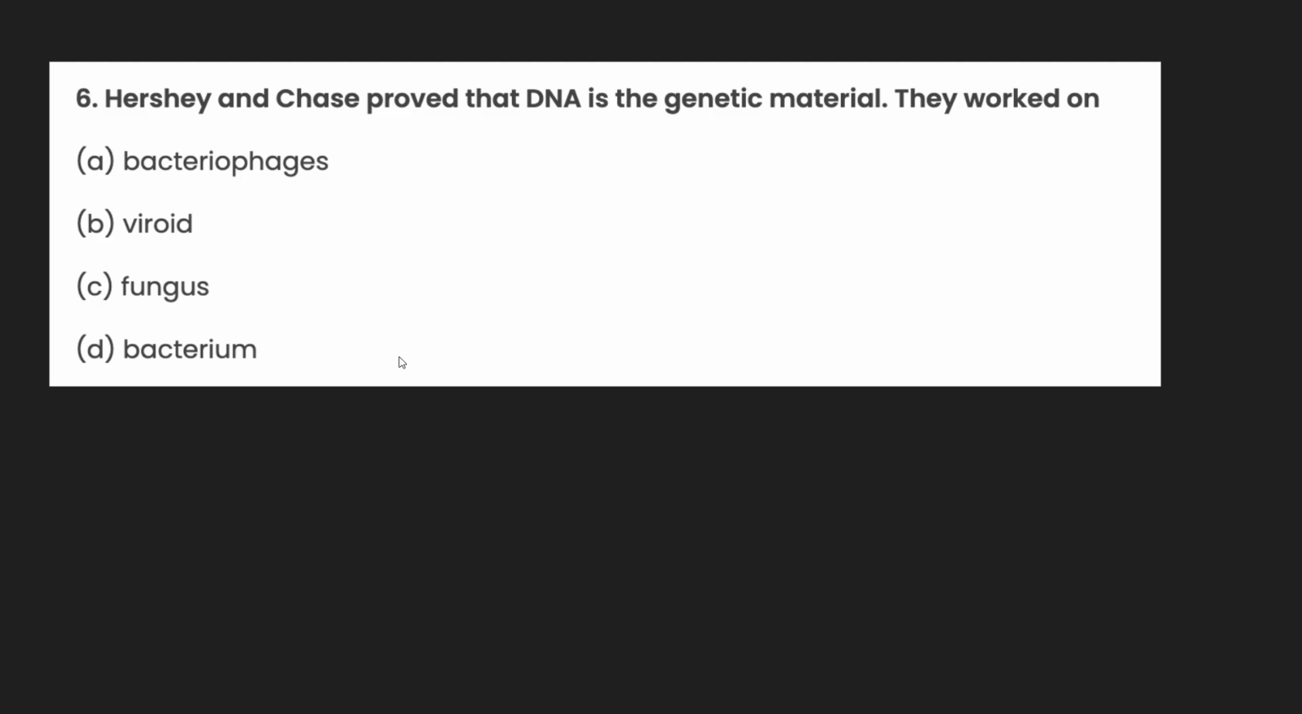So here's an example question. Hershey and Chase proved that DNA is genetic material. They worked on, so this is sort of combining viruses and another unit. So you should know this from that other unit. It's bacteriophages. When the viral genome gets inserted into the bacterial host, it is termed as